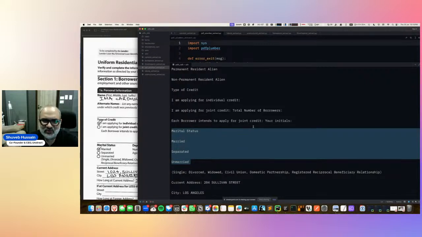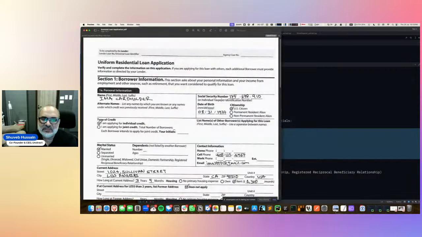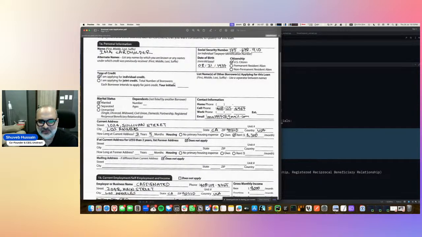Now, I could go through every combination of using a service on a particular type of file, but unfortunately, we don't have time for all of that because I want to cover a few more things, right? So I want to be able to extract some of this text and then put it through a large language model and actually say, hey, if this person is a US citizen, it should tell us it's a US citizen. If this person is married, it needs to tell us that, right? We need to do all of that, but we need to first of all pull all this information out properly,